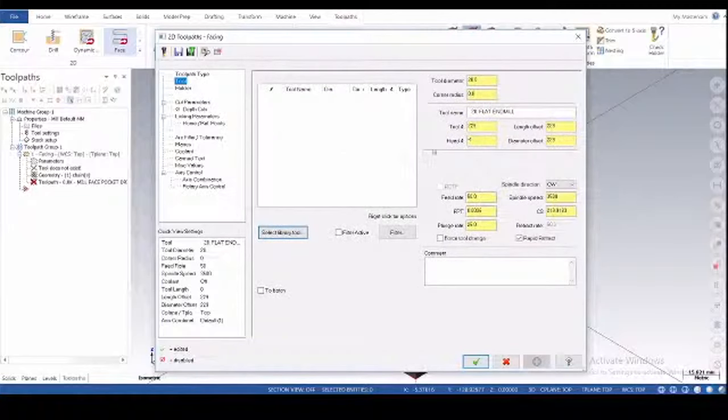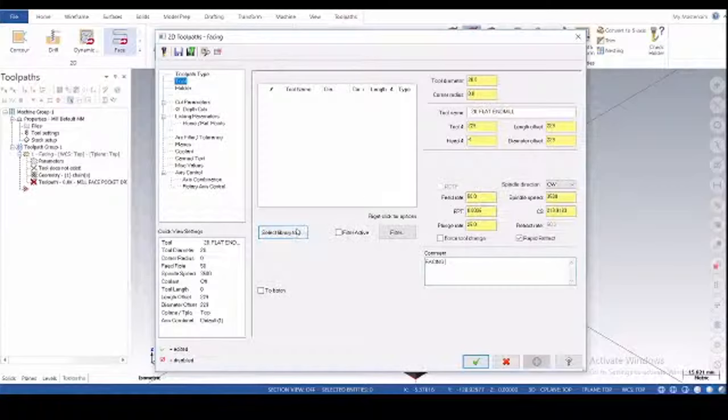In the tool page you can see that there are various types of parameters like tool diameter, corner radius, tool name, tool offset, length offset, head, diameter offset. There are various cutting parameters and tool parameters. Okay, according to your application you can give the values of tool parameters or cutting parameters. And in this comment box you can write anything for the operator, for example I am writing here facing with the tool that I am using or will use.